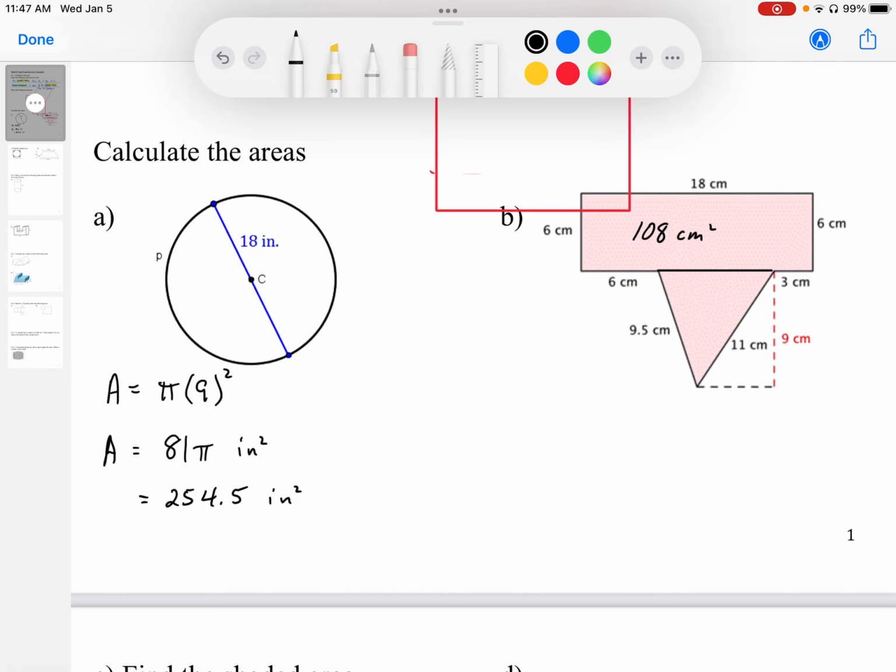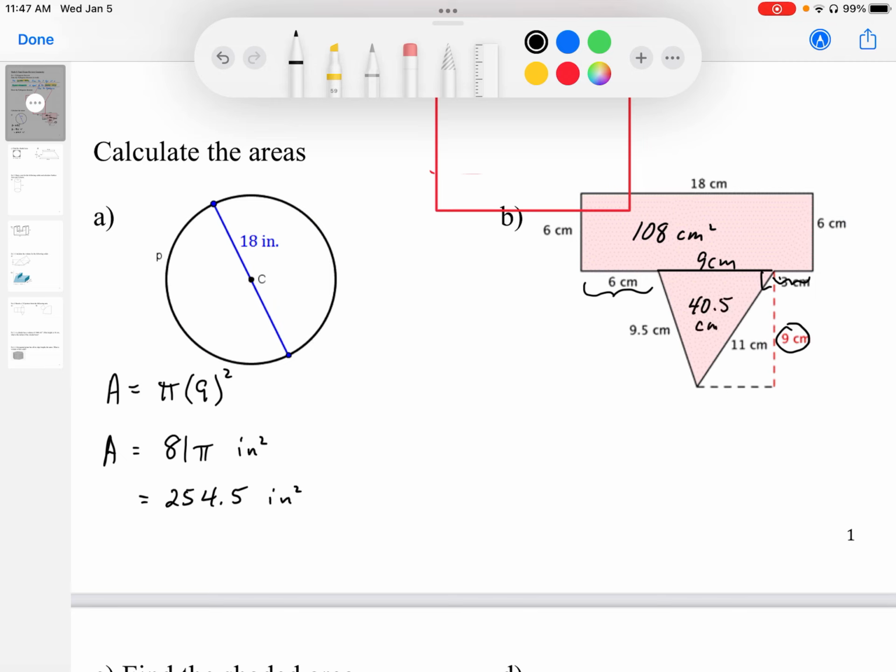Now the area of a triangle, again, we have to use 90-degree measurements. So we're going to use the base width here of this triangle. So if the total distance across is 18, and we have a partial distance here of 6 and 3, the distance in the middle is going to be 9 centimeters. So we have a 9 centimeter wide triangle, which has a 90-degree height of 9 centimeters. So I'm going to use this 9 centimeters as my 90-degree line. And I'm going to take half of that since it's a triangle. So I get 9 times 9 divided by 2 is going to be